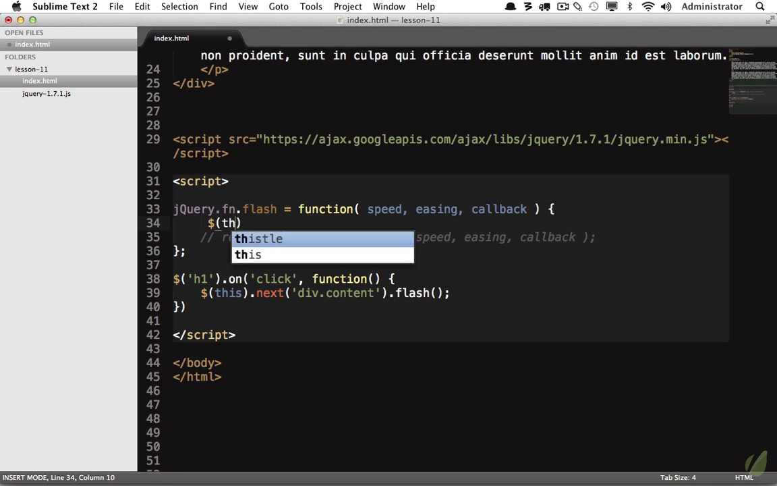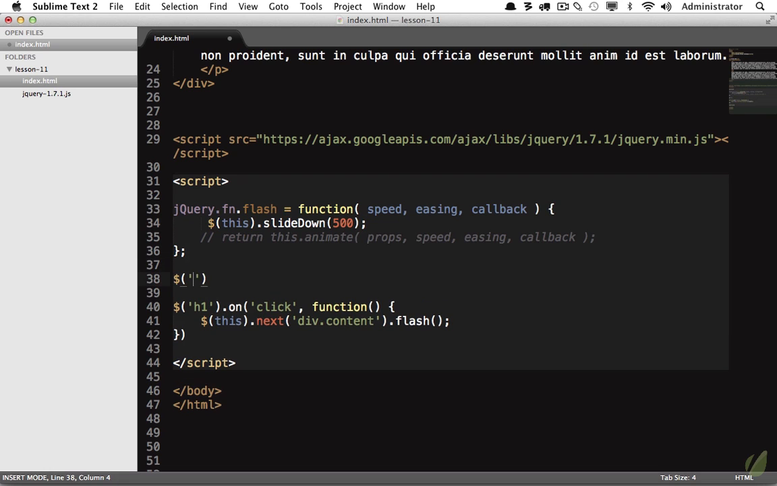So we'll say jQuery this, and it's important to remember that even within this method, this is going to refer to, in this case, the div with a class of content. So we want to slide that down over the course of 500 milliseconds. However, that content is already displaying by default, so let's hide that. There we go. Now, when the H1 is clicked, we get that next div with a class of content. And by the way, it would make sense to cache that since we are using it more than once. But anyhow, we call the flash method, and the flash method will take that div with the class of content